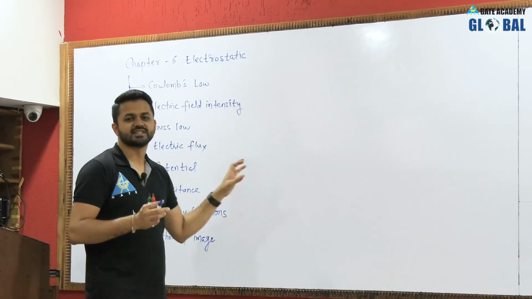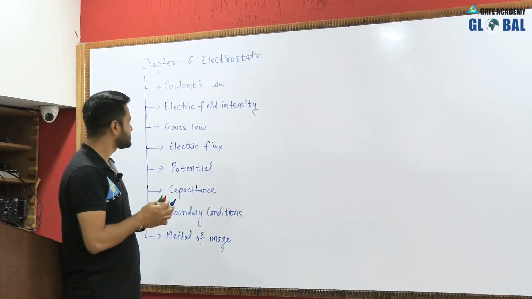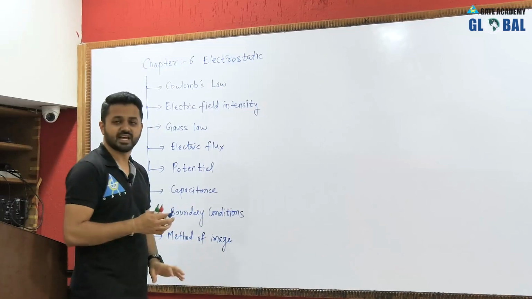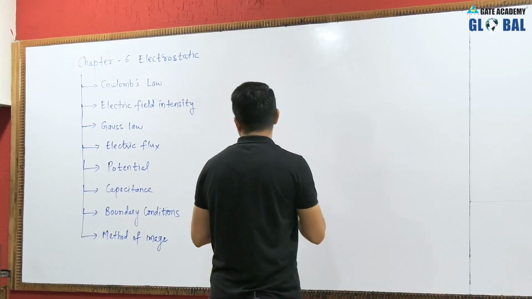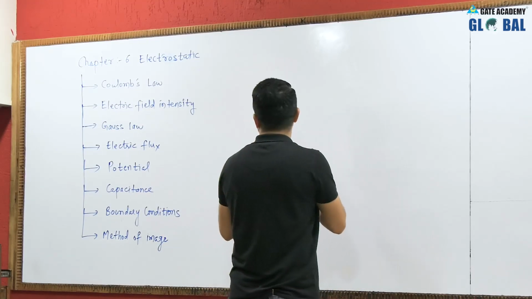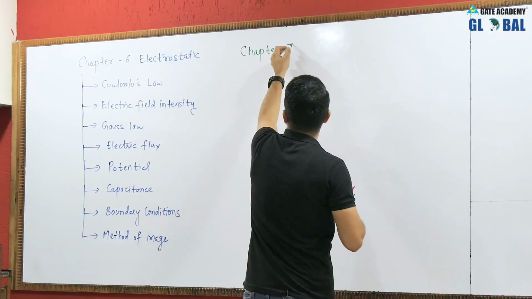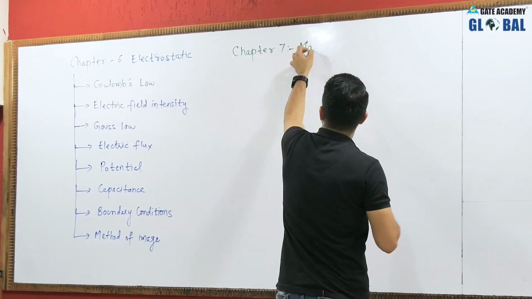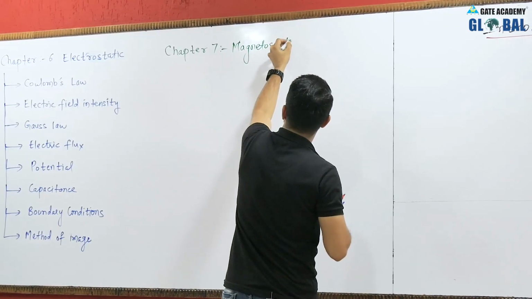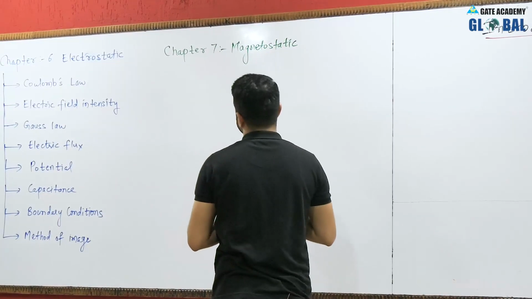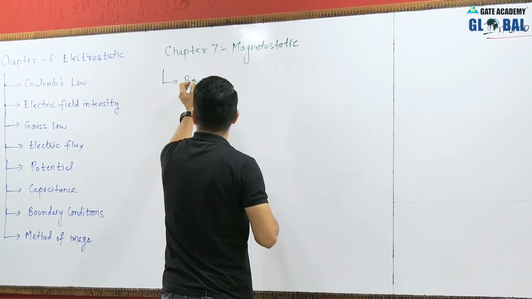So you can leave this chapter even if you are short on time. So these are the topics that I have covered, along with a good number of questions. Next is chapter 7, which is magnetostatics. And in this chapter we have topics like